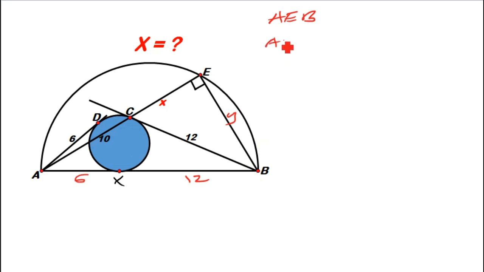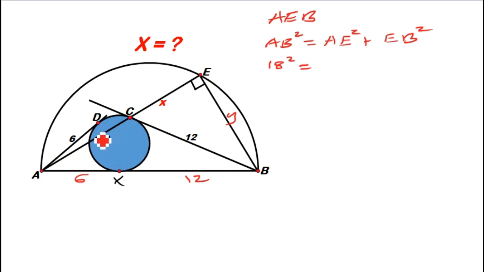So we'll have AB squared equals AE squared plus EB squared. Now if you substitute, from A to B is 6 plus 12, so AB squared is 18 squared,